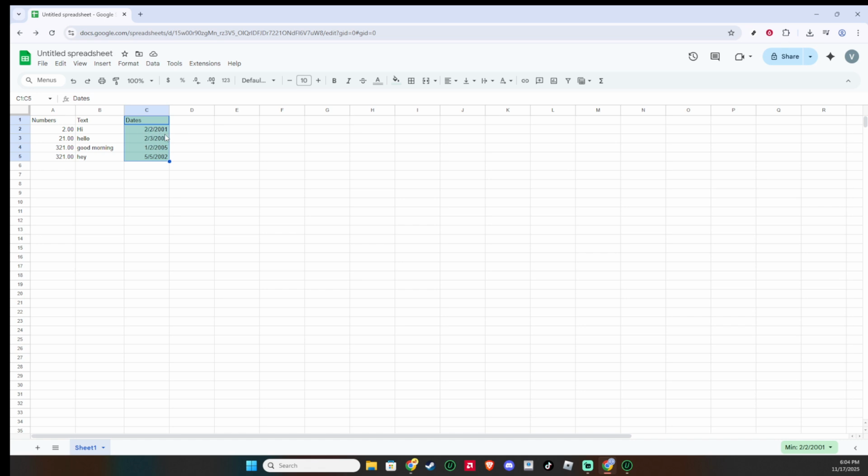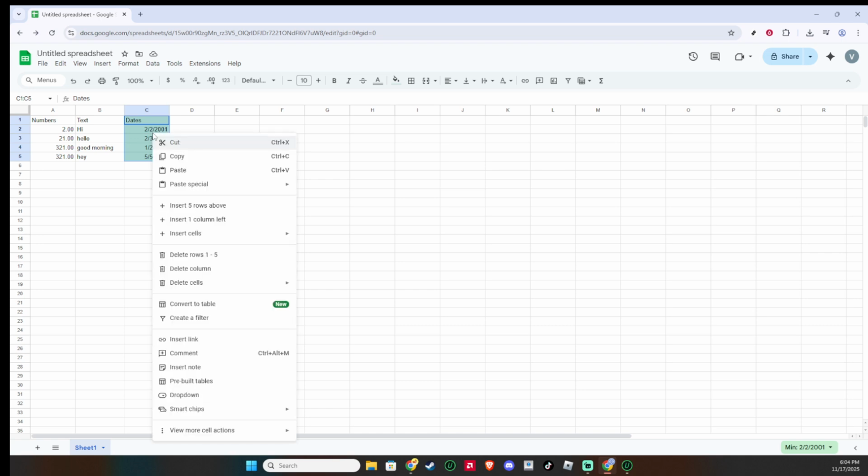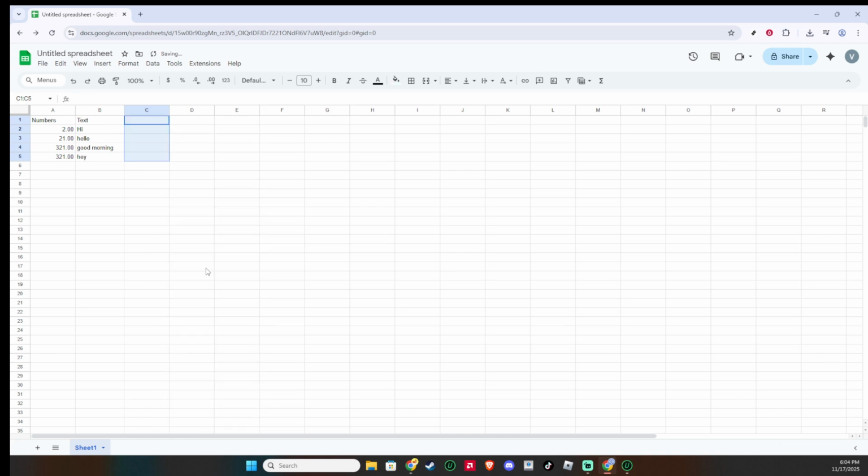Now that you've got your selection ready, you're faced with a couple of simple options. The first method involves right-clicking on the selected cells. Doing this will bring up a context menu. From this menu, you'll want to choose the option labeled Clear Contents. This straightforward action will remove the data from the selected cells without altering the existing formatting. It's an efficient way to tidy up specific areas of your spreadsheet while maintaining the setup you might have worked